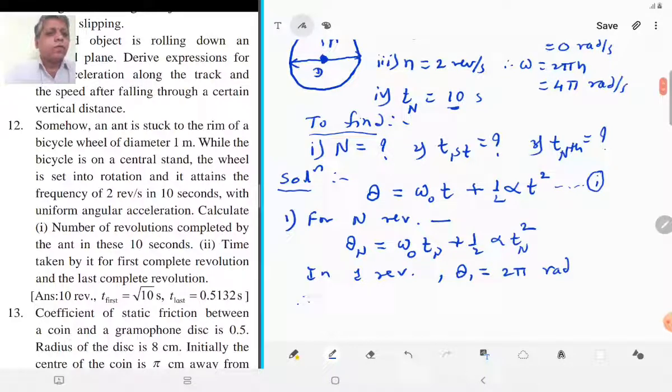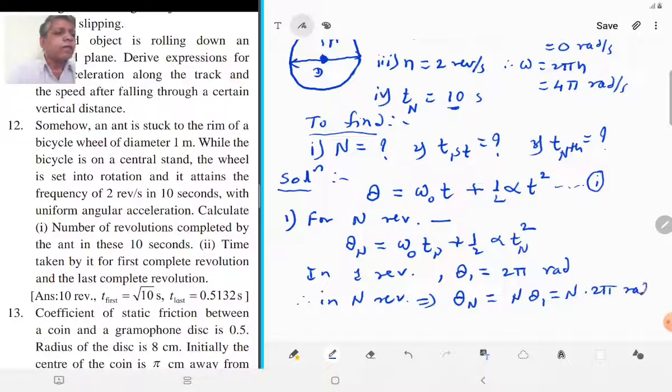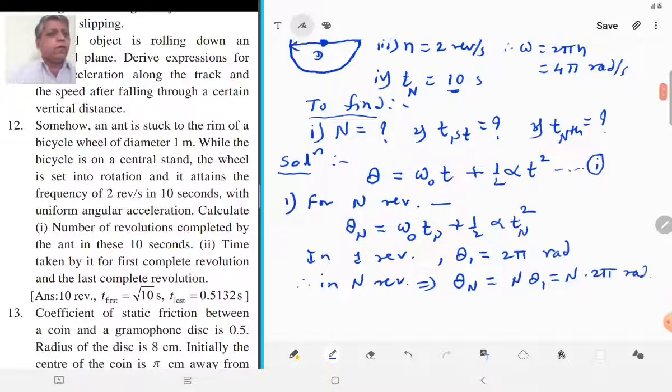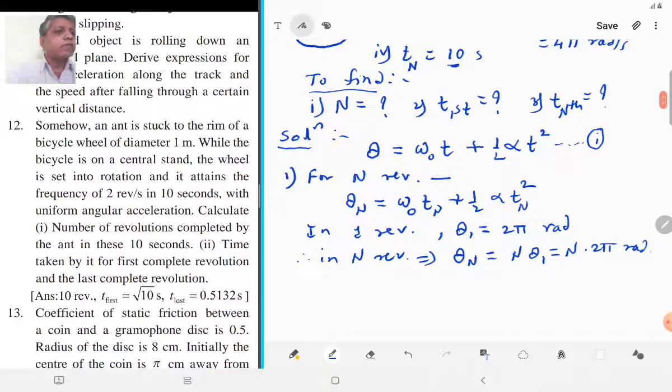Therefore, in n revolutions, the angular displacement theta n is equal to n into theta 1, that is equal to n into twice pi radian. Therefore, equation second becomes